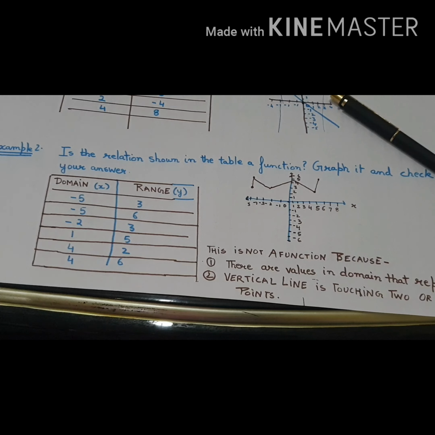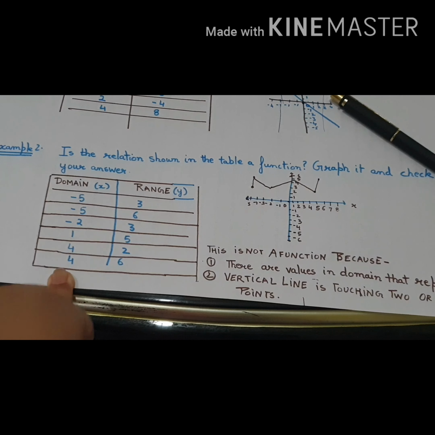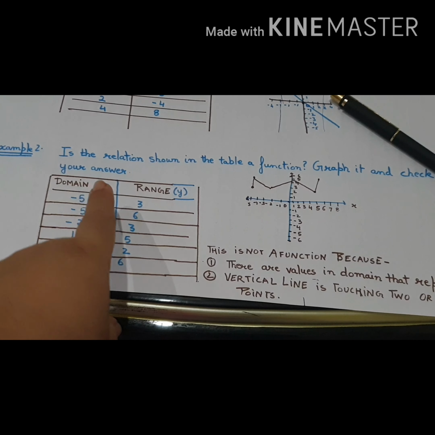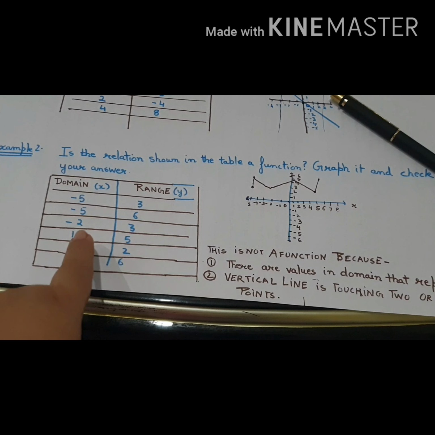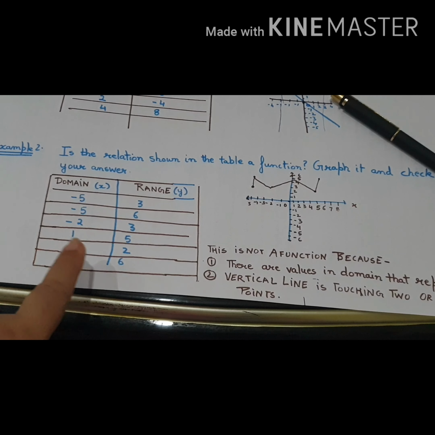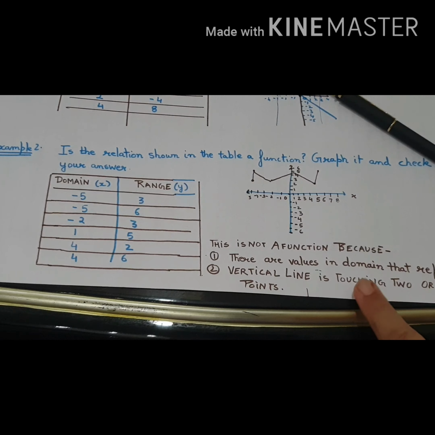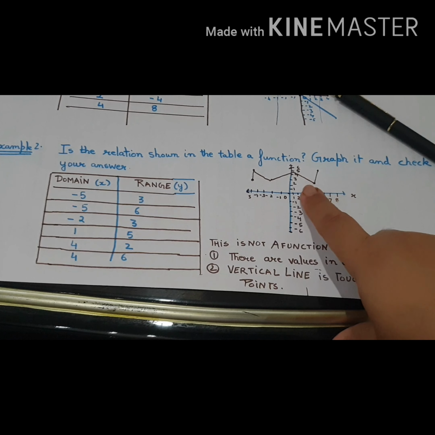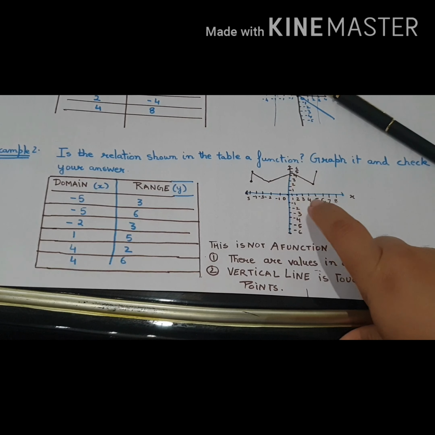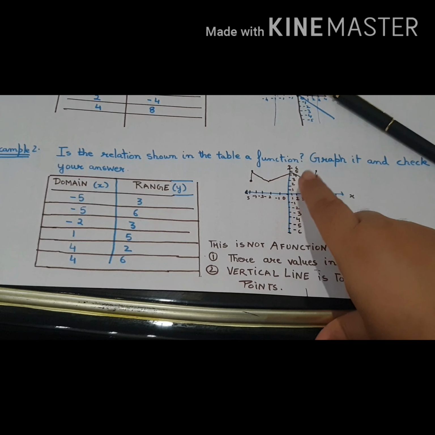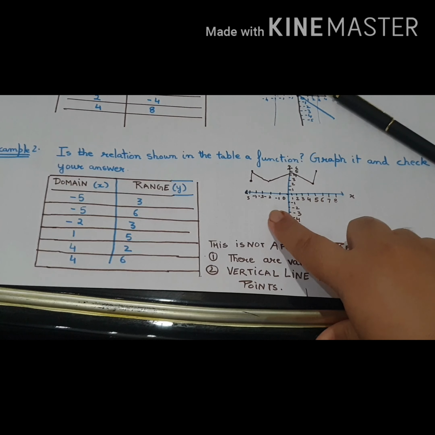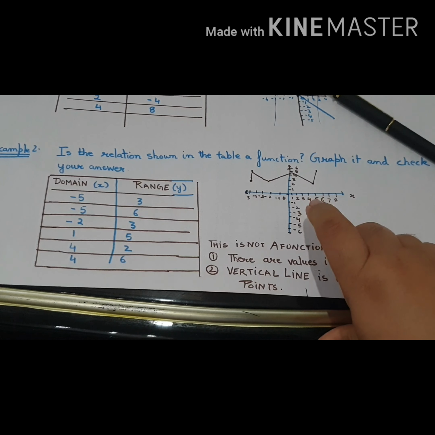So first of all, it's clear that it's not a function, because in the domain, meaning in x, the numbers are repeated again and again, like -5, -5, 4, 4. The first point is clear. Now we have to check the second point also. Now a graph will be formed, but it's not on scale. I have just given a rough sketch of the graph. You can make it on your graph paper, and you can even send it to me.